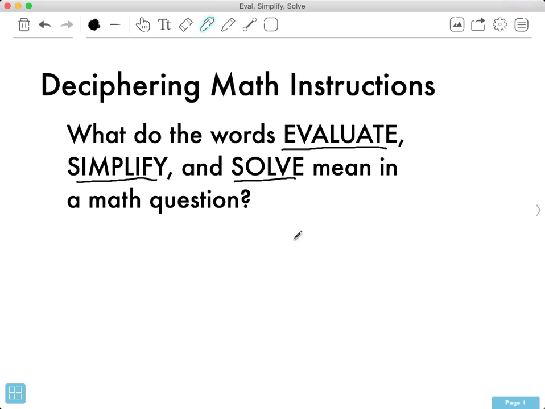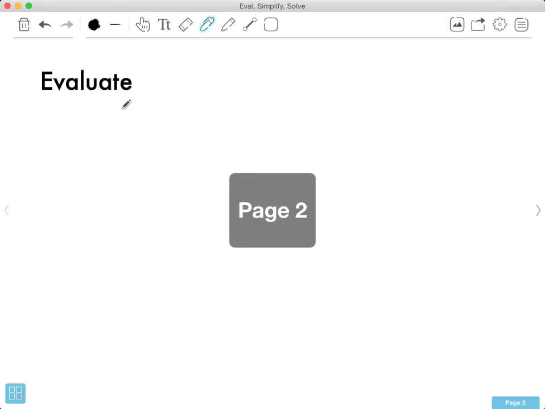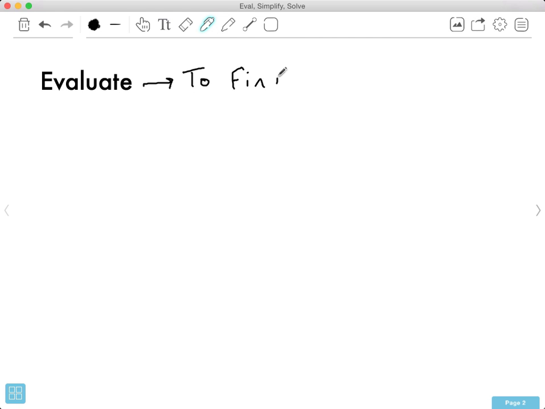So when you're reading a question and you're asked to evaluate an expression, you know what you're being asked. So we'll start with evaluate. Evaluate, you can see the root word in there is value. Quite literally, evaluate is to find a value